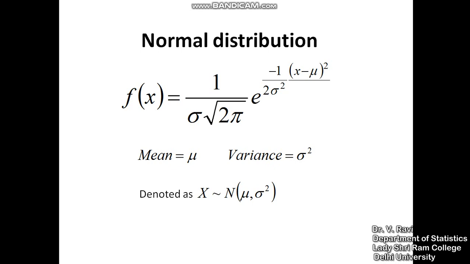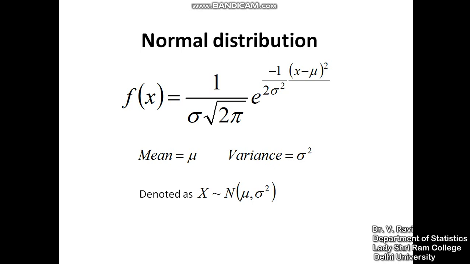As I mentioned earlier, most of the phenomena in this universe are assumed to be normally distributed. Very few phenomena are considered non-normal, but most of them are normally distributed. The reason why normal distribution is very important is the central limit theorem. The central limit theorem states that any standardized variable tends to be normally distributed as n tends to infinity. That means if we keep on increasing the sample size, most distributions, the standardized forms especially, tend to